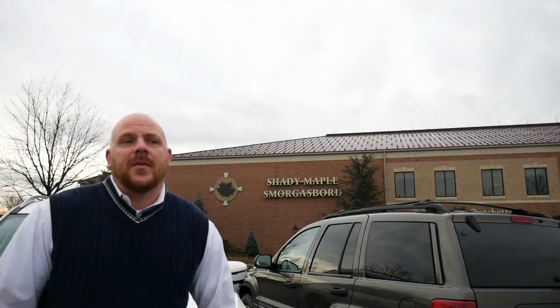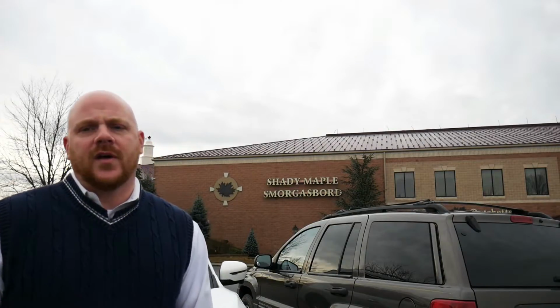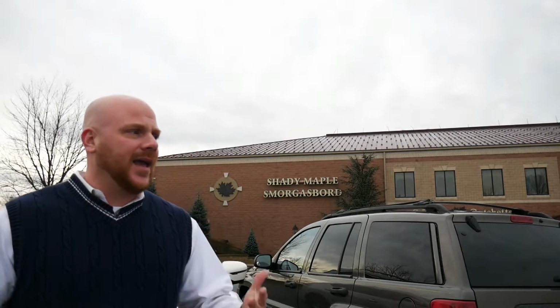So here at Shady Maple, they actually focus on a few different things. You can eat breakfast typically, again, smorgasbord style, so all you can eat. For an adult, you're looking at about $10, $11 a person. Then with lunch, I believe that's usually somewhere around $15, and then dinner is where, you know, certainly they get